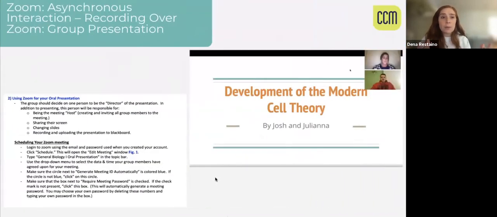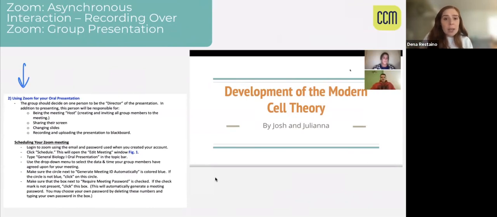Now, obviously, once they've interacted with each other, they're going to need to record their presentation. And we know that almost everyone knows how to use Zoom, but we can't assume that. So I have a very detailed document that goes through how to set up a Zoom account, how to use Zoom for your oral presentation, and it sets it up step by step. It goes over all of the features on the bottom of the screen like Frank did with us in the beginning. So this is super important so that the students feel comfortable using the program